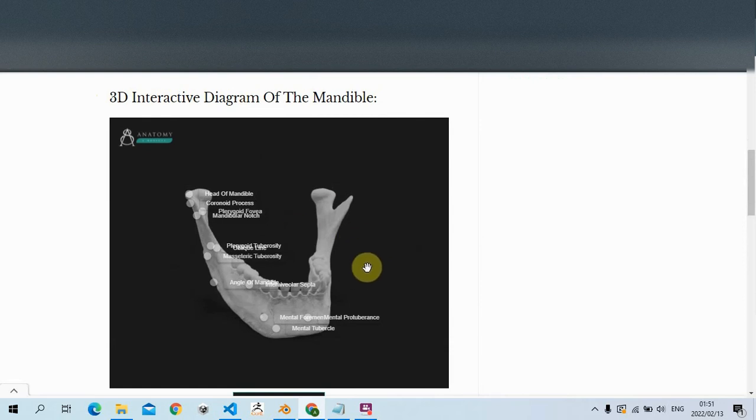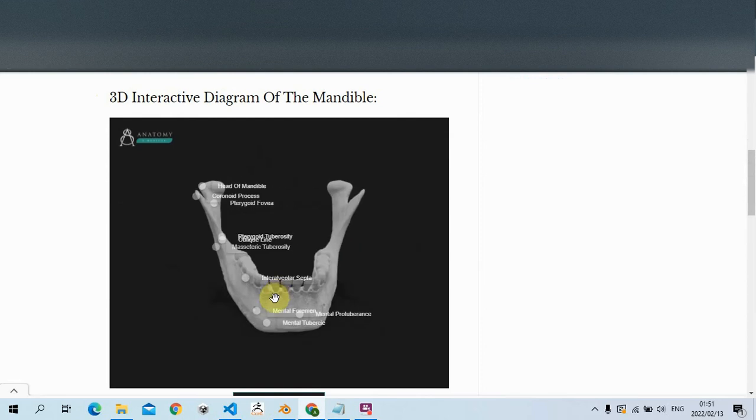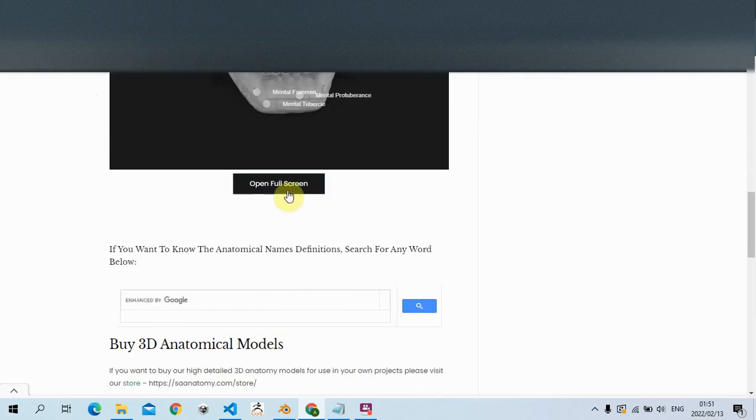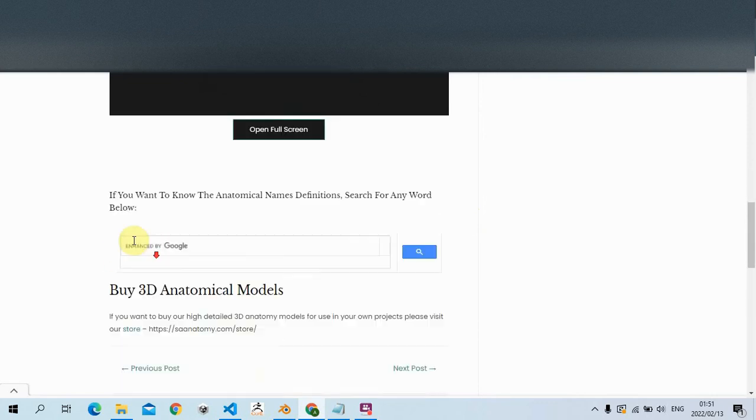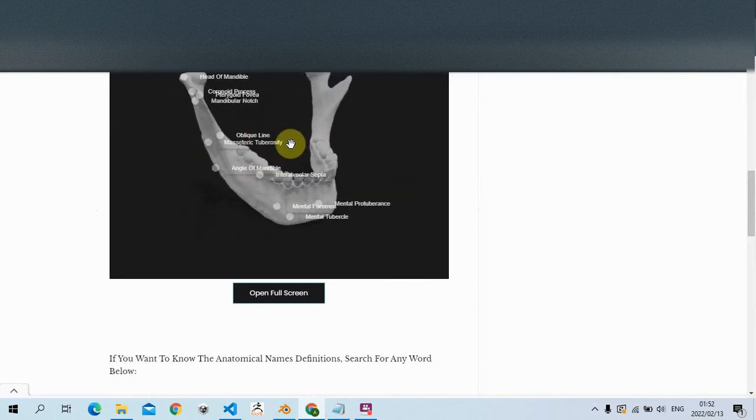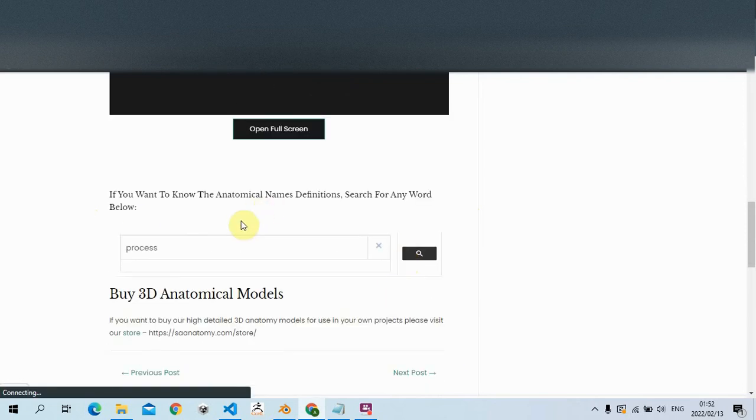If you hold down shift or control, you can pan around, and if you click with your mouse, you can rotate. If you scroll the wheel, you can zoom in and out, as you can see. If you go down, you can see this full screen. We're going to go to that a bit later. If you scroll a bit down, you can see all these names in more detail, like the processes and all the angles. You can just type the process or so forth here, and search like so, and you can see